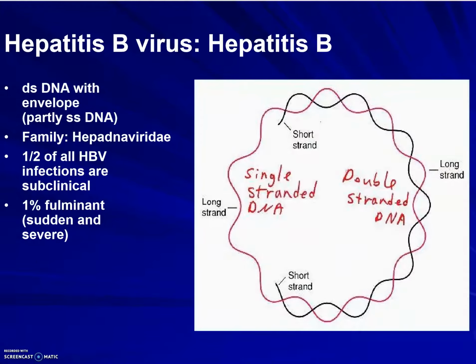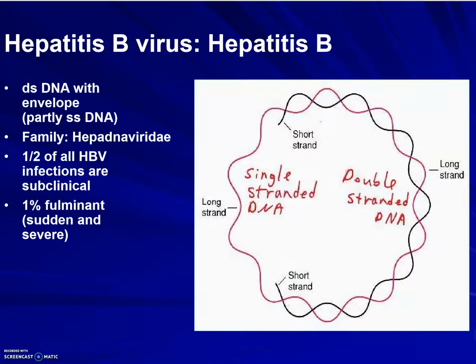Moving on to hepatitis B virus, that's the cause of hepatitis B. Here we have a double-stranded DNA virus with envelope. The DNA, or the nucleic acid in this virus, is partly single-stranded, as you can see. So here would be the double-stranded portion of the viral genome, and then here we have the single-stranded portion. Right here, single-stranded DNA. We have the family of the Hepadnaviridae,